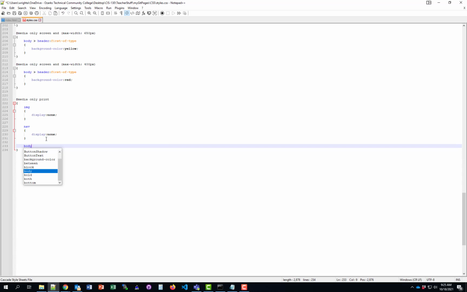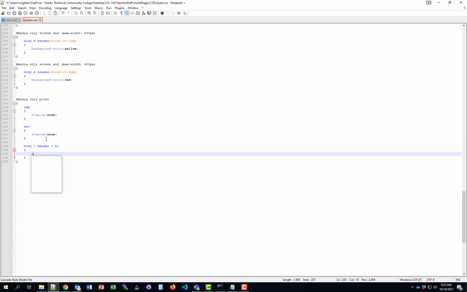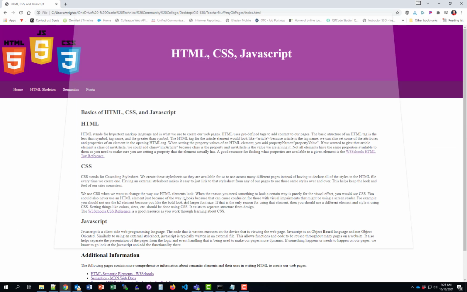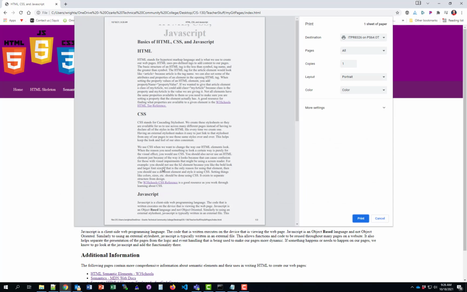And then we want to change the font color, and because I have this selected specifically, I need to give it that same specificity here. Body, header, H1, color, black. Now we can save this, we can refresh our page, we can see what changes might have happened. So I'm going to hit Control P again now that I refreshed that. And I can see